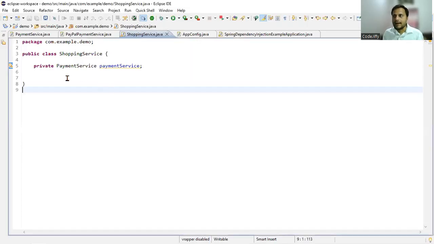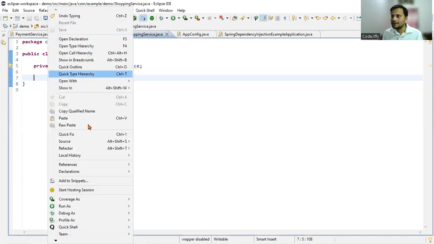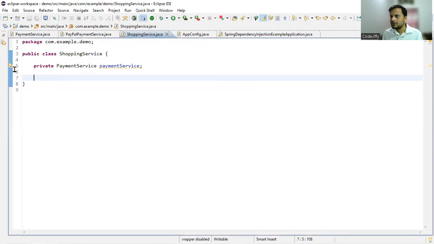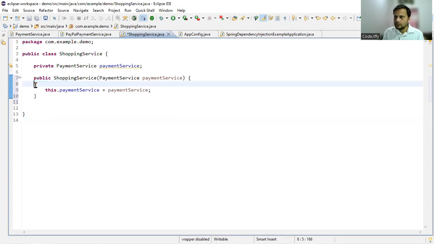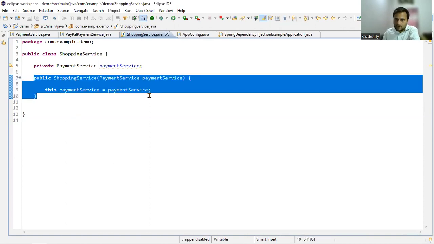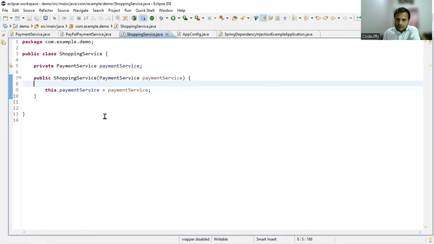Now friends, let's add a constructor. Right click, Source, Generate Constructor using Fields. Click on Generate. Public ShoppingService(PaymentService paymentService). Save the code again, and let's talk about this constructor. This class has a constructor which takes a PaymentService as a parameter. This is an example of dependency injection, promoting loose coupling. The class relies on an abstraction,